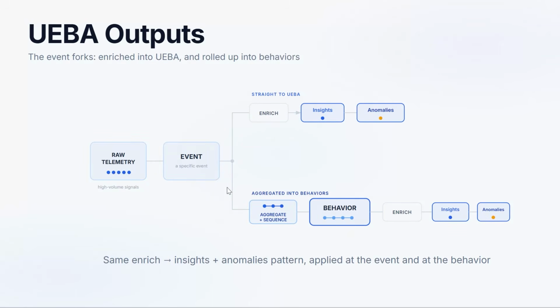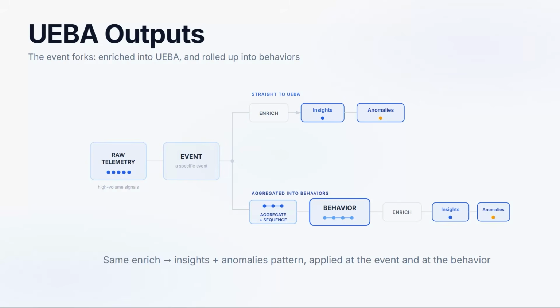Another process is that this event is aggregated or sequenced into meaningful behaviors. Not all events are part of meaningful behaviors, but those that are aggregated and sequenced in time windows that can be from 30 seconds to 15 minutes. Then we create a behavior that explains to us that someone did something to someone else and provides explainability on why. And we will show examples of behaviors very soon.